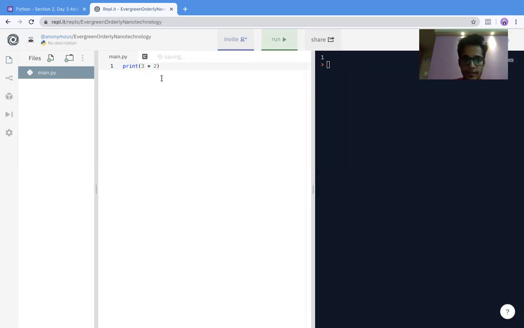You know, this is a multiplication operator. So 3 into 2 is 6. And this is a division operator. 3 divided by 2 will be 1.5. So these 4 operators are straightforward, not an issue at all, right?